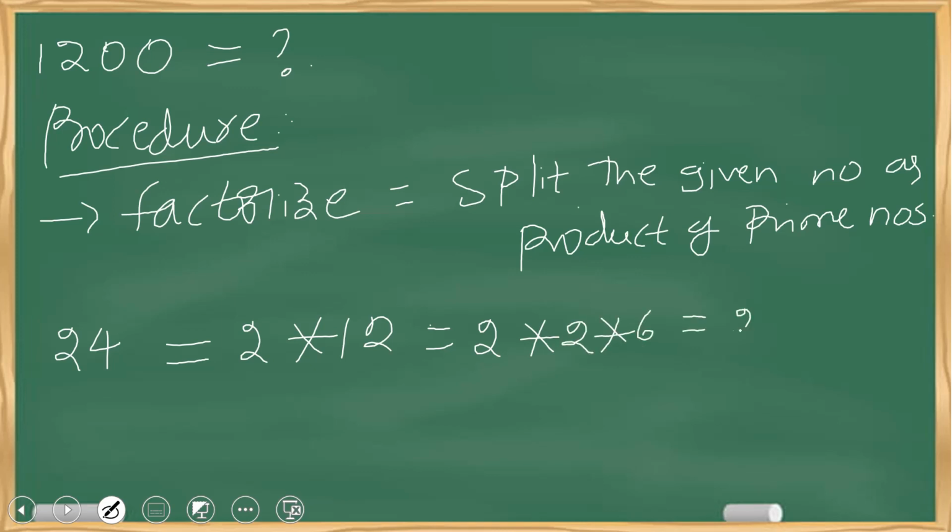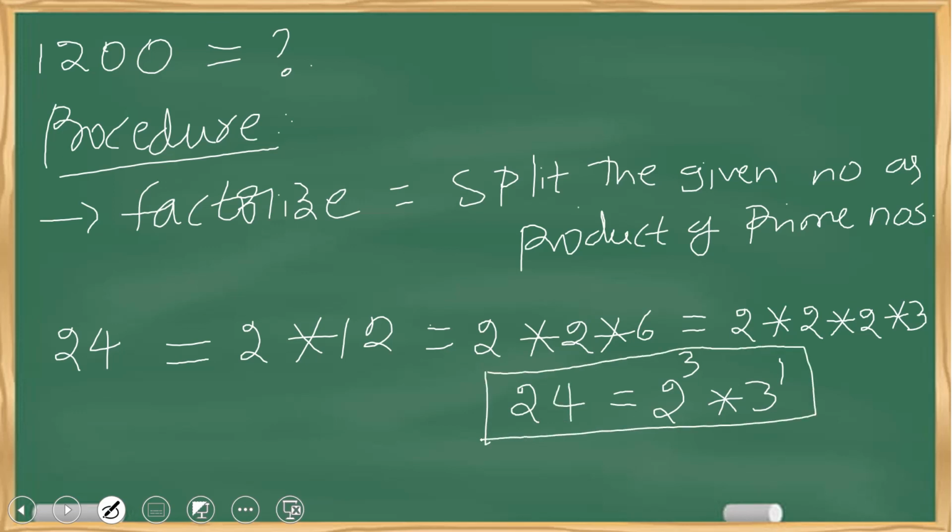Again, 6 is not a prime number, so 2 into 2 into 2 into 3. Now finally you need to understand one more thing here, the surds and indices we have learned in schooling. If the bases are the same, the powers should be added. So 2 cube into 3 power 1. So bringing 24 in this format